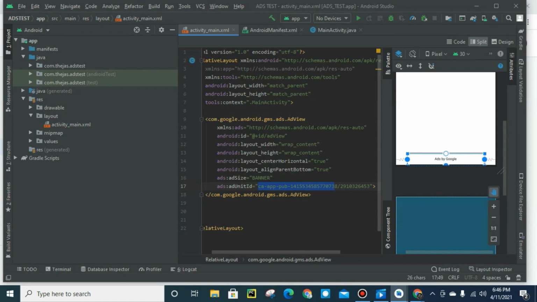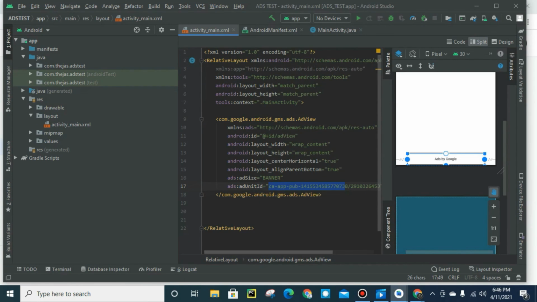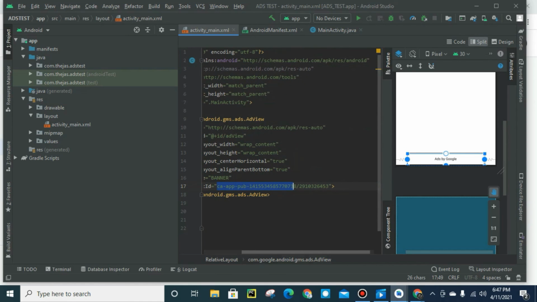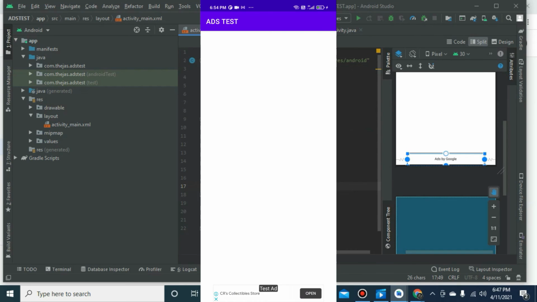And there is an important note: for ads to be played, your app needs to be on the Play Store, otherwise it will not show ads. Otherwise you can just try with the test IDs given by Google, and while you are testing the app, be sure to use the test ID here as well as the app ID. So as you can see on the right side of the screen, I have my mobile screen there, and at the bottom there is a test ad playing.